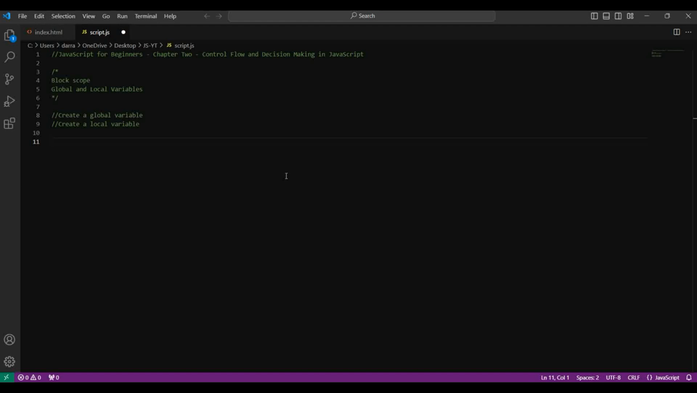So essentially a global variable is a variable that is declared in the root of the document, and it is accessible. We can access that variable anywhere within our document or our script file. So let me show you an example of this. If I say let